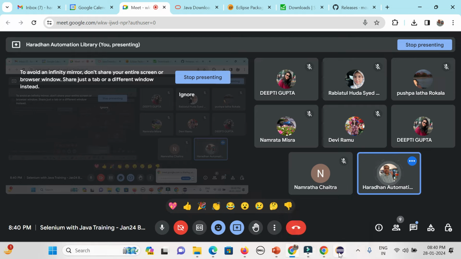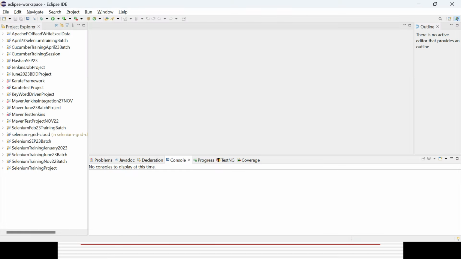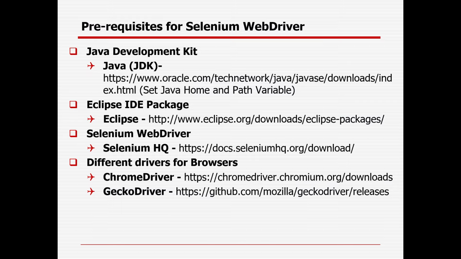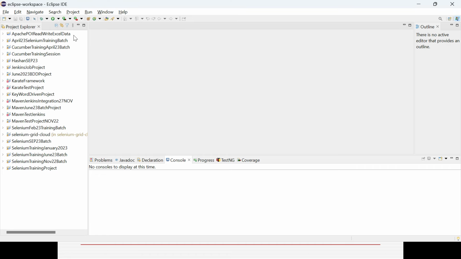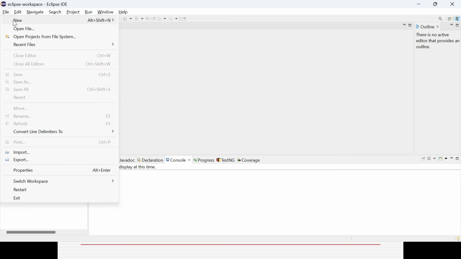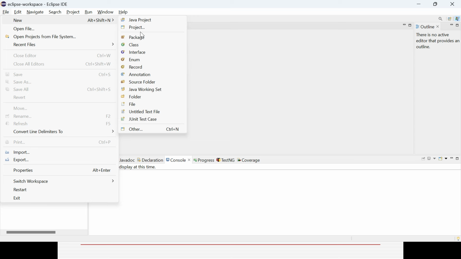Okay, so this is for the pre-configuration. Now what you need to do, I need to write some script and execute it. Okay, first start with that. So after you open the Eclipse, there will be nothing in the Project Explorer section. Everything will be blank because you are starting from new. Because I have created a lot of projects, that is the reason it is there. So in case you can create a new